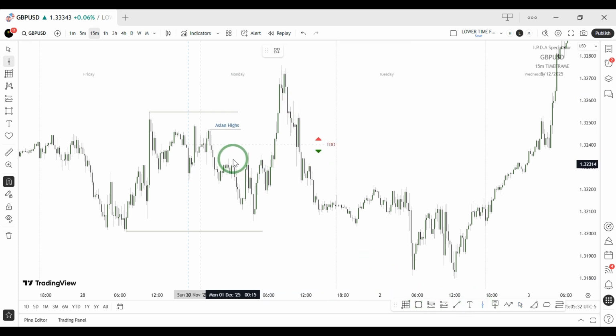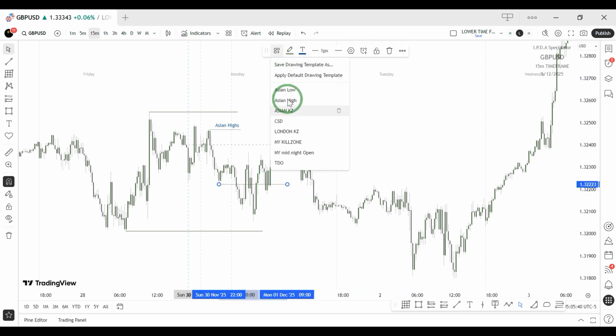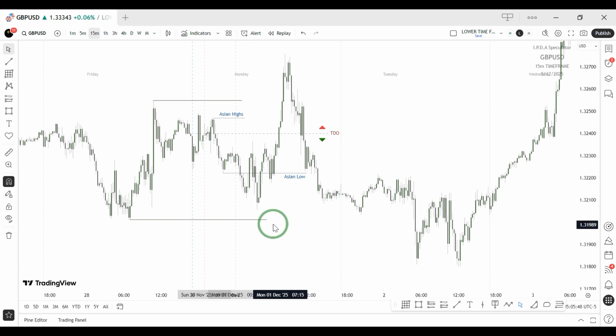It's the midnight of the Asian lows. All right, now I have the Asian highs and I have the Asian lows. But if price goes below the Asian lows, I'm expecting price to take the previous day's low